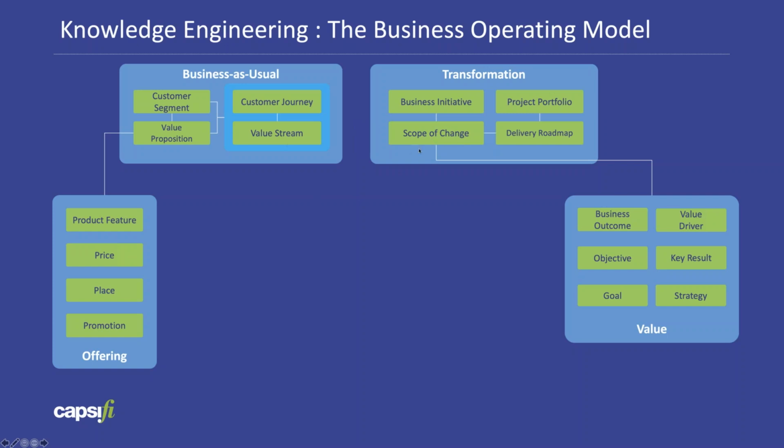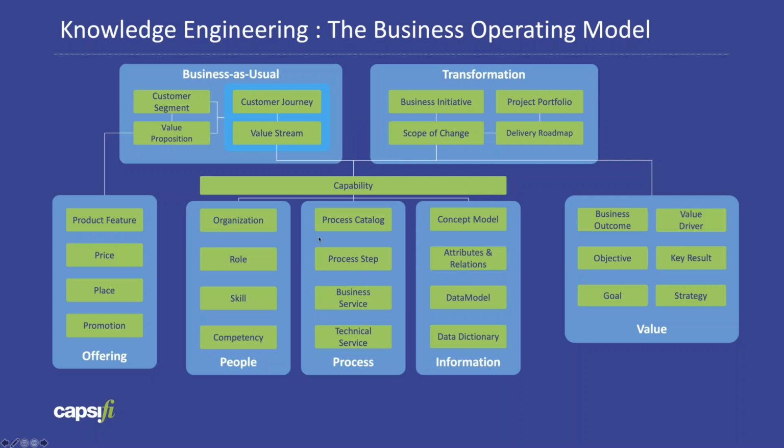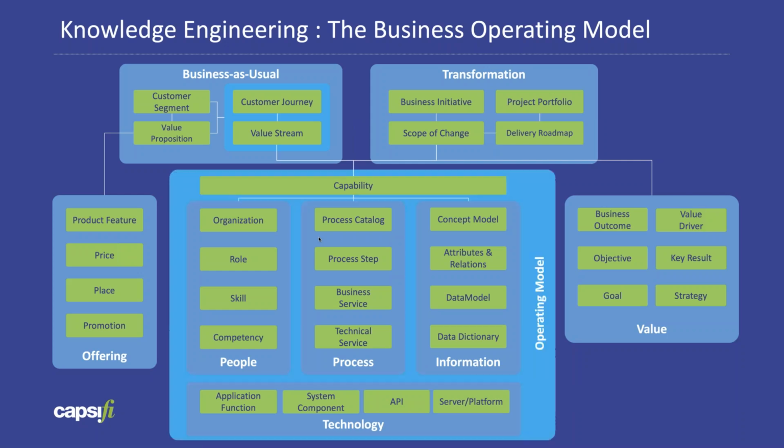Now, what are you actually going to change? When you're going to change something, how do you actually affect the change on the value stream? Well, you do that through the capability, right? The scope is an uplift to the capability. The value stream is orchestration of capabilities. And what is a capability? This abstract thing made up of the people, the process, the information, and the technology, which collectively explains the operating model. I'm not going to get time to do much more than that, but that then represents